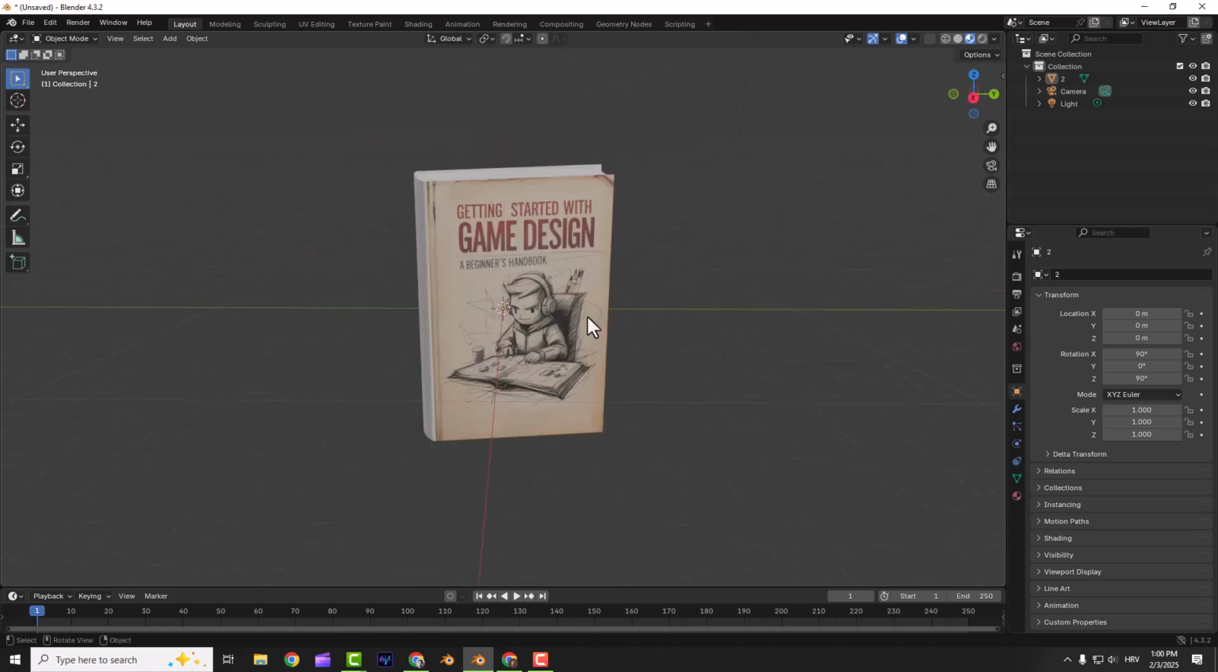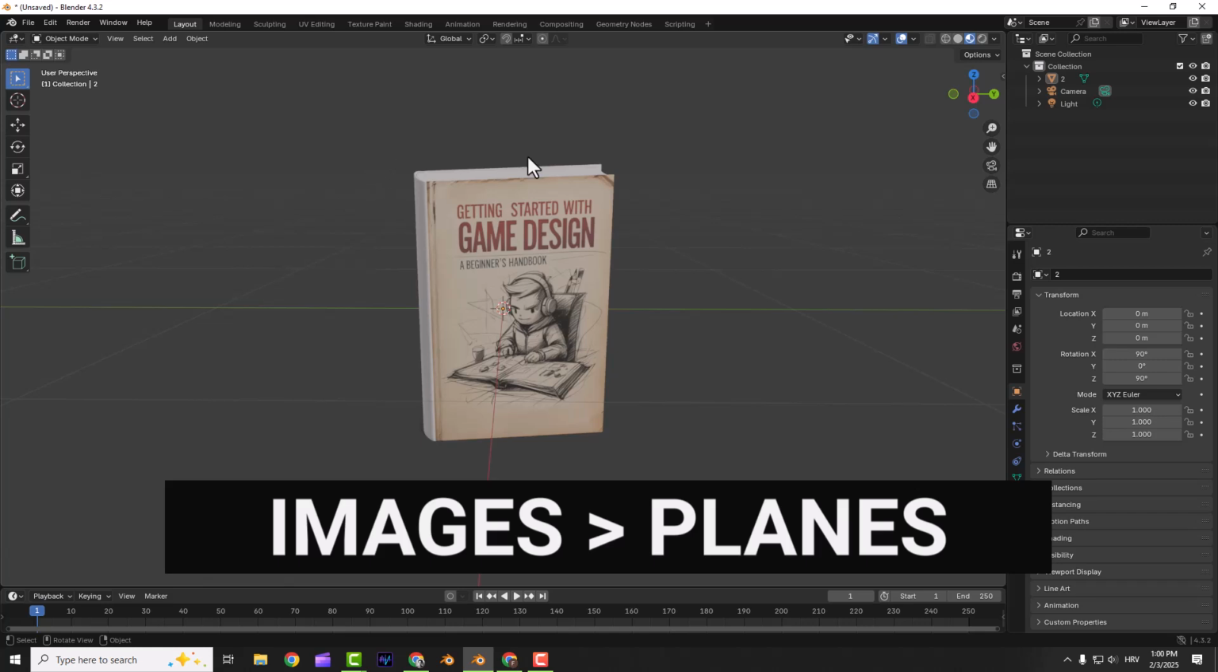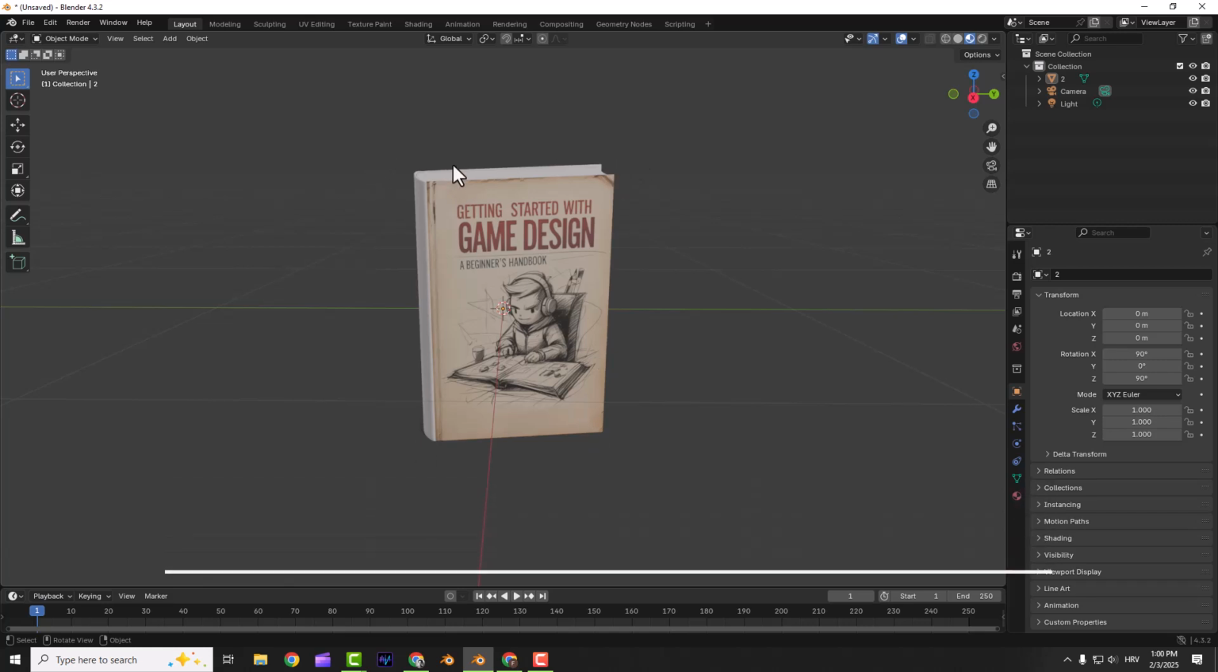Today I'm going to show you how to import images as planes in Blender. It's a simple trick that can help you add referenced images, textures, or even create 2D elements in your 3D